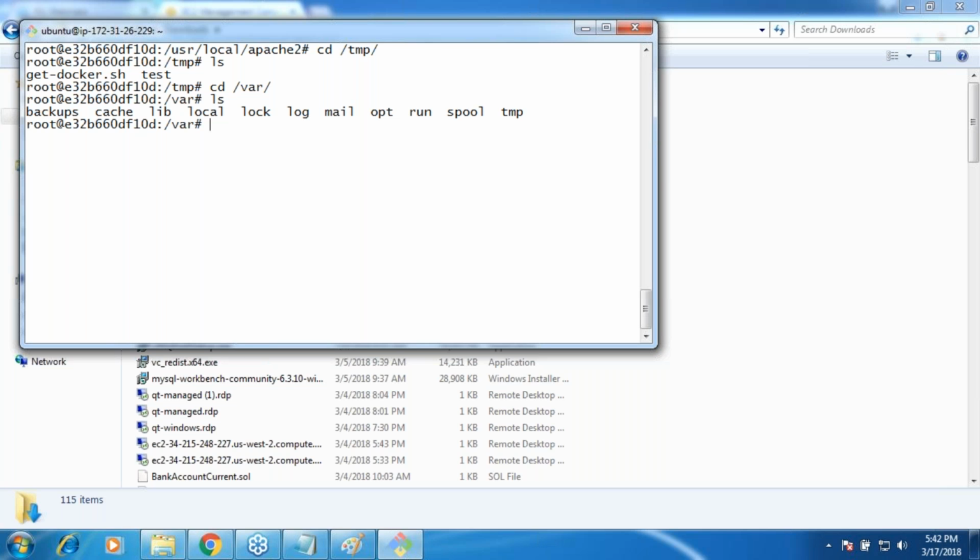So let us assume that the home page of this is in a folder called /var/www/index.html. Make sense? And that folder is from my local system. Now if I have to update my home page, how many places do I have to do it? If you have not created a volume, you have to get into every container and then make the change.